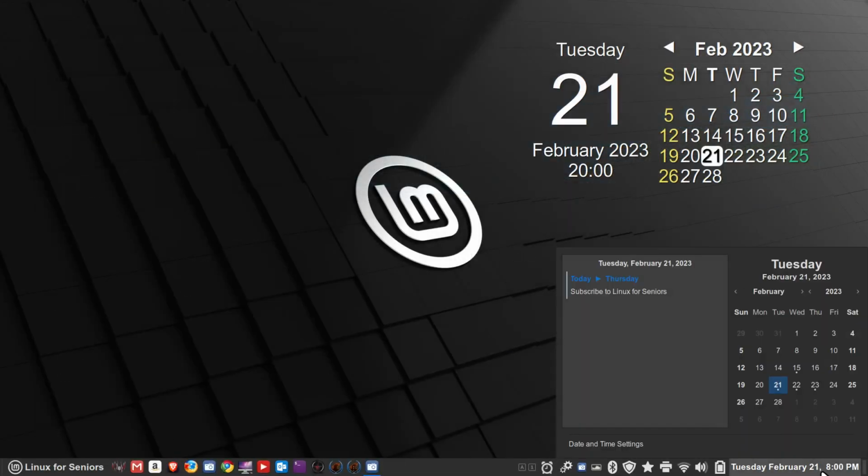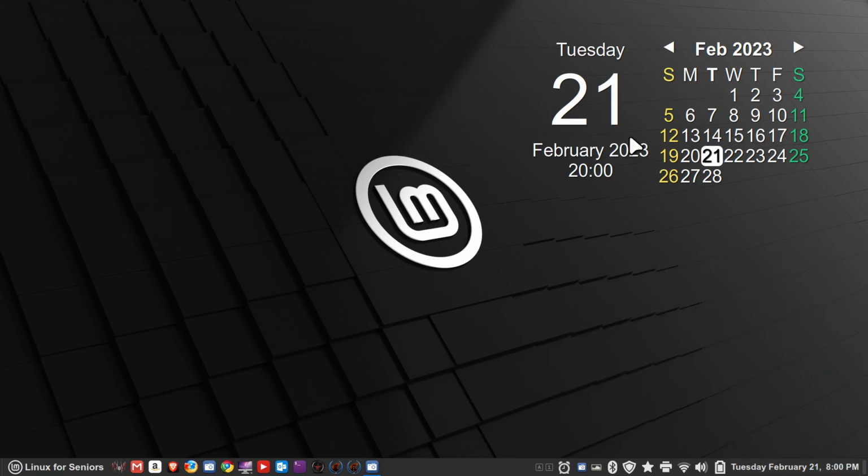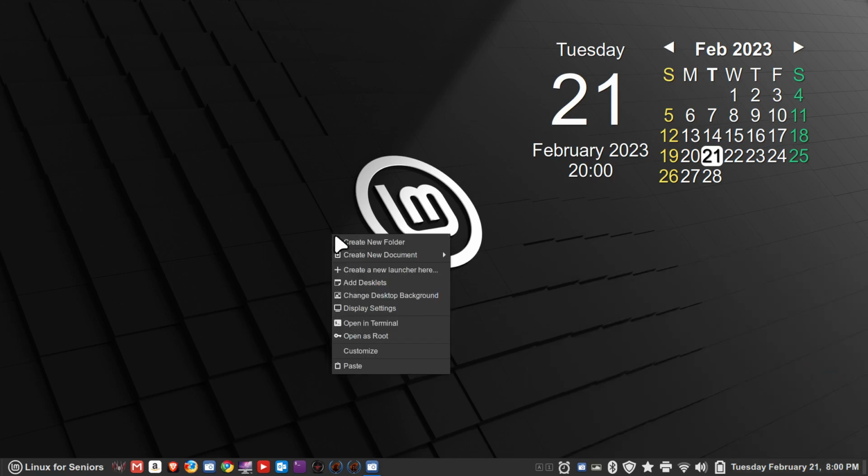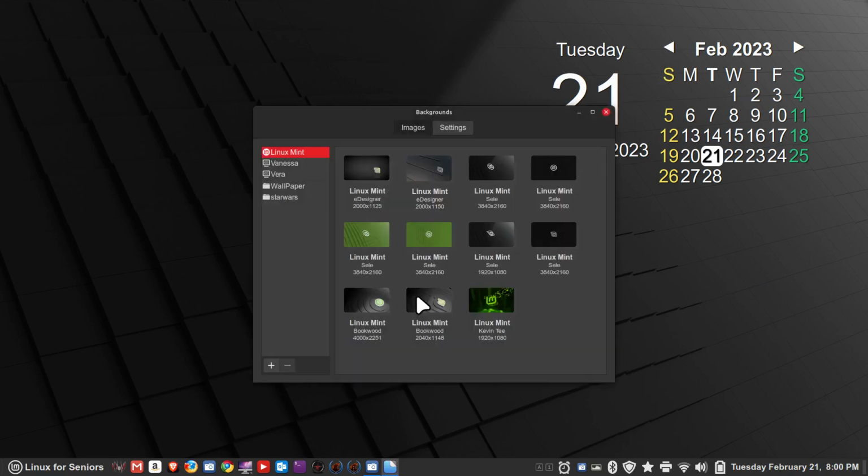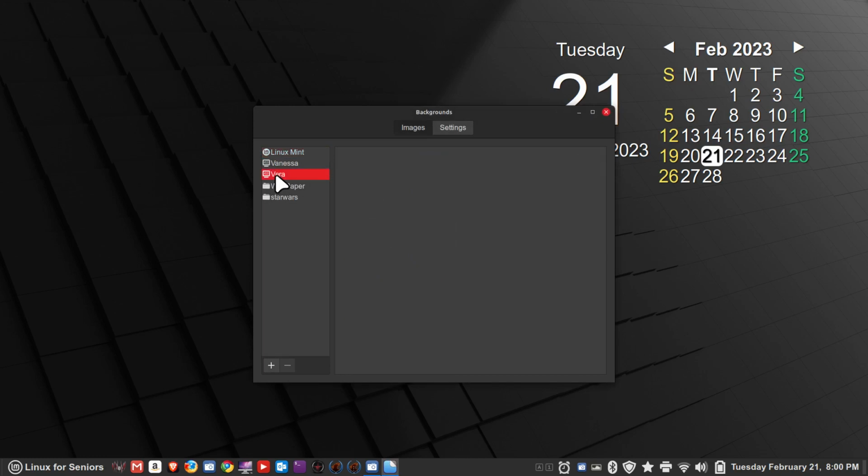So we have a calendar here. And there's another calendar that I put this event into that I populated this box. I'll talk about that calendar next after I talk about this one. So let me change the background picture to let you see that's a see-through calendar. Let me find something in the Vera